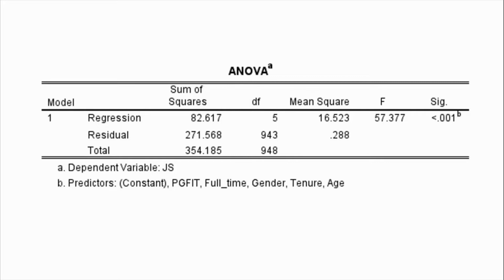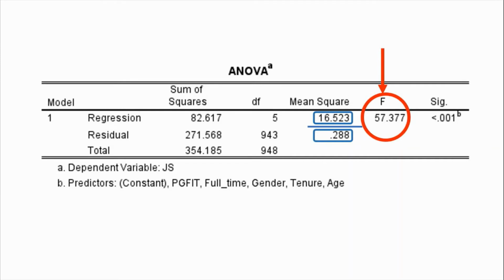So in this so-called ANOVA table, which means analysis of variance, we look at the F-test of the overall significance, which determines whether the R-squared reported earlier is statistically significant or not. The boring and technical description of the F statistic is that it's calculated by dividing the mean square regression, 16.523, by the mean square residual, which is 0.288. And we get the F value of